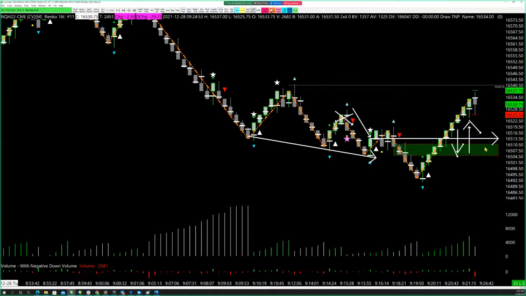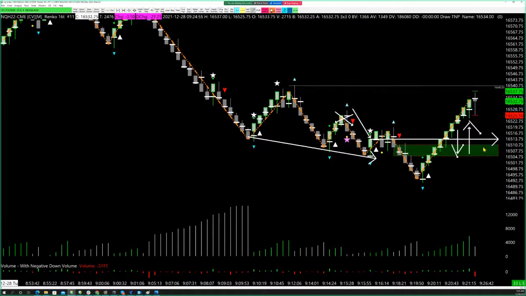Now I know this guy's trapped, right? This guy's trapped. This guy's trapped. This guy's trapped. A lot of trapped sellers below, right? That's why Bill and I are always looking for those triangles up at lows, because it tells me people are getting screwed, right? So let me show you this morning on the 20 tick bar